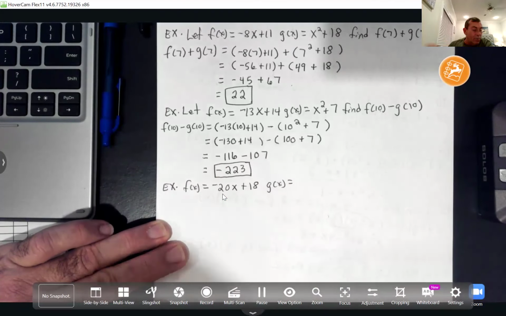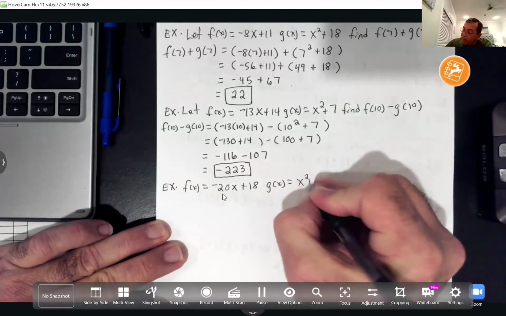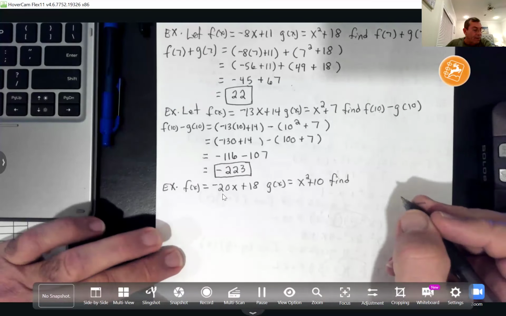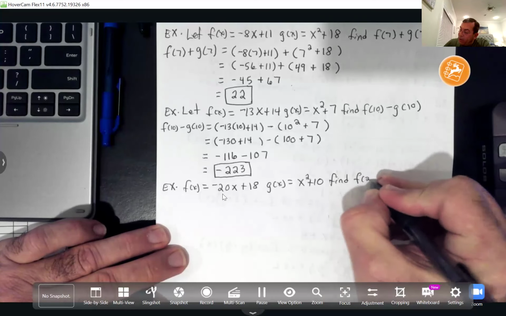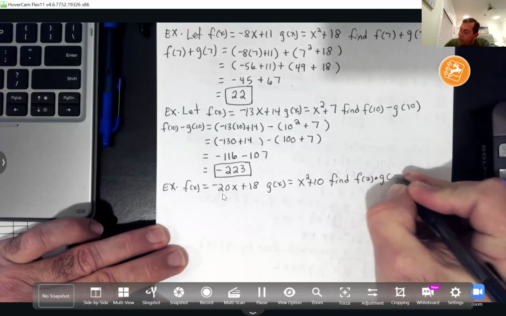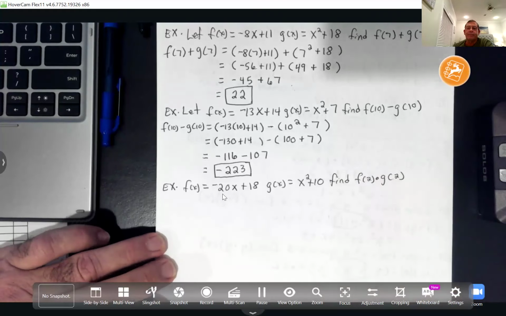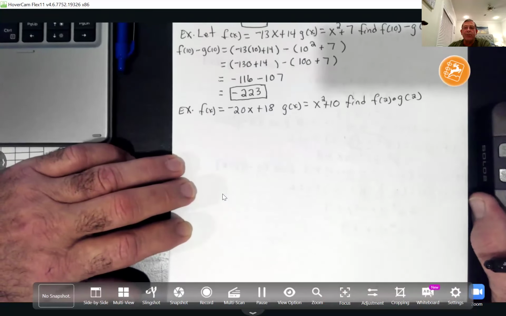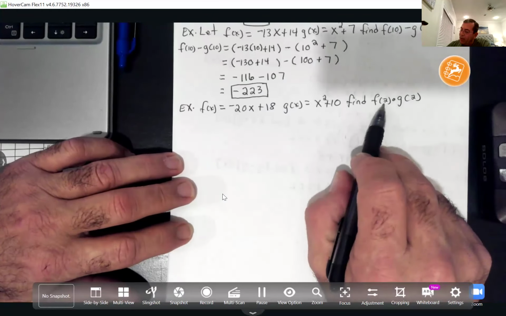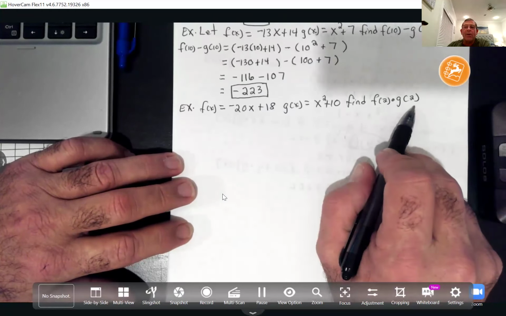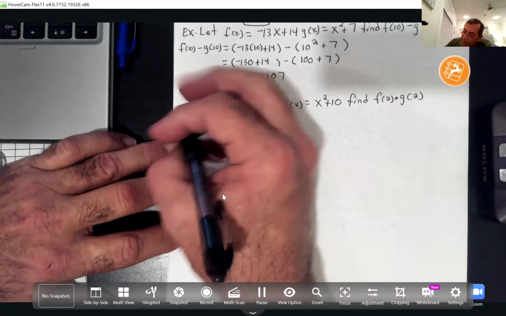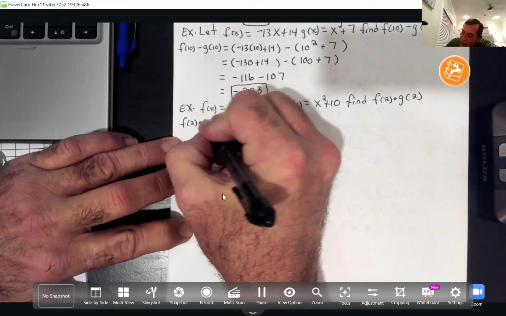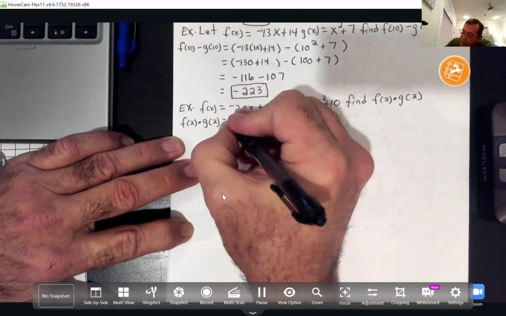G of x will equal x squared plus 10. They want us to find f of 2 times g of 2. So a little multiplying here we got to do, it looks like. And they are telling me on my f to put in a 2 and on my g to put in a 2. So f of 2 times g of 2 will equal my f